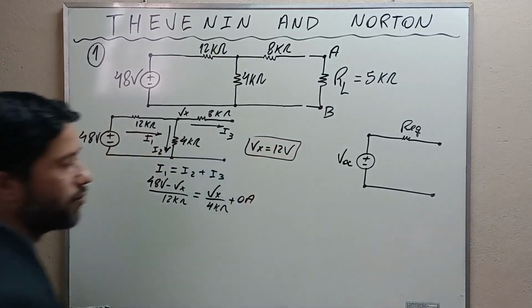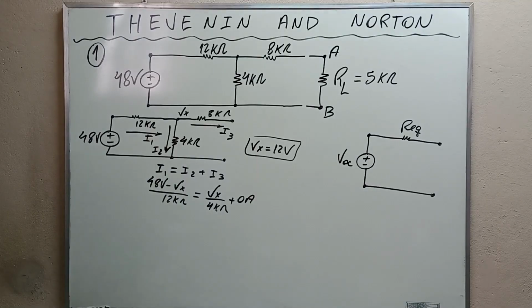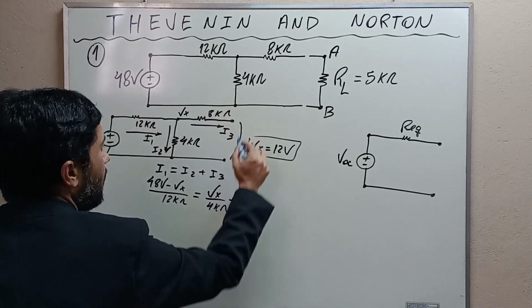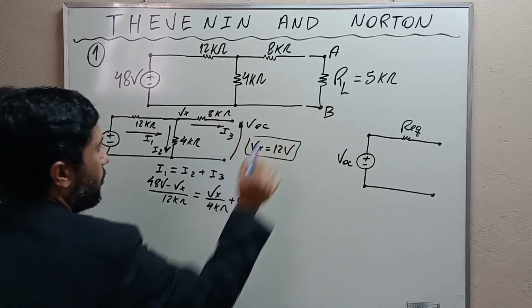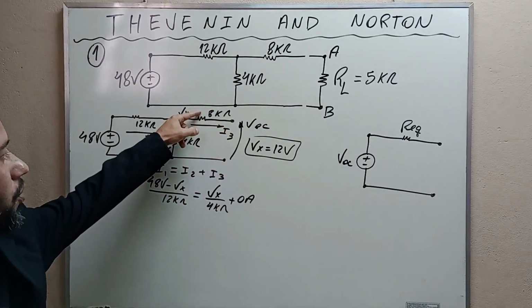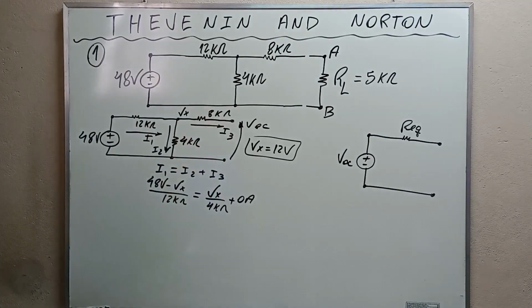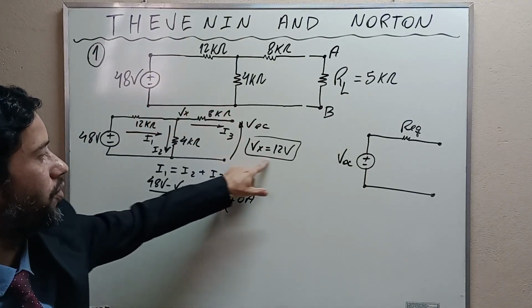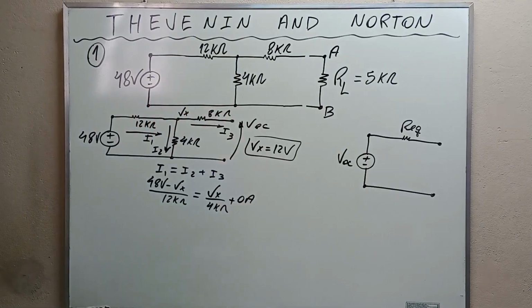Okay, this is the first result. And observe that Vx appears here as well. Okay, Vx is equal to the open circuit voltage because as there is no current flowing here, there is no voltage drop on top of this 8 kilo ohms resistor. Then Vx is equal to the open circuit voltage and the value is 12 volts. Alright my friends,